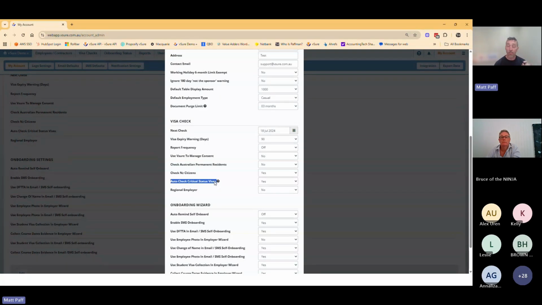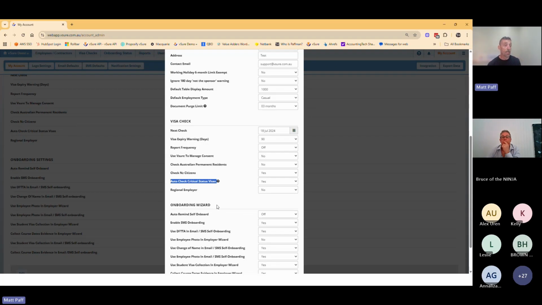Now, we have noticed since about the 29th of August, Home Affairs has been very slow in showing bridging visas. It used to be always there the morning after the previous visa expired, the bridging visa will show. We're seeing it take up to 48 hours. And there has been periods where the visa shows as no visa, and then within the 48-hour window, the bridging visa finally shows. So what vSure is now doing is we don't just check the day after. If we check the day after and it brings up no visa, we'll check the next day and the next day and the next day. We'll continue to check for 3 days after automatically to accommodate this sort of fault in the Home Affairs system at the moment.